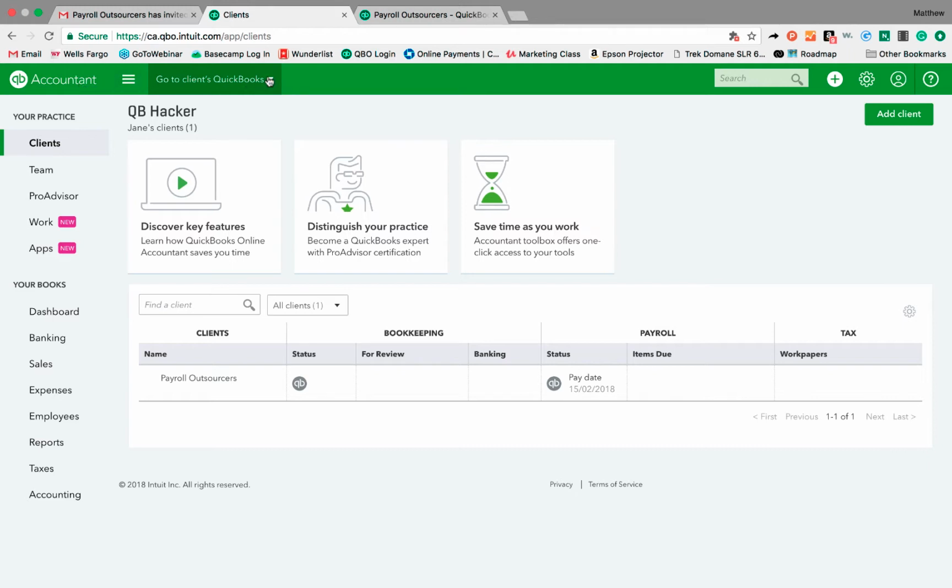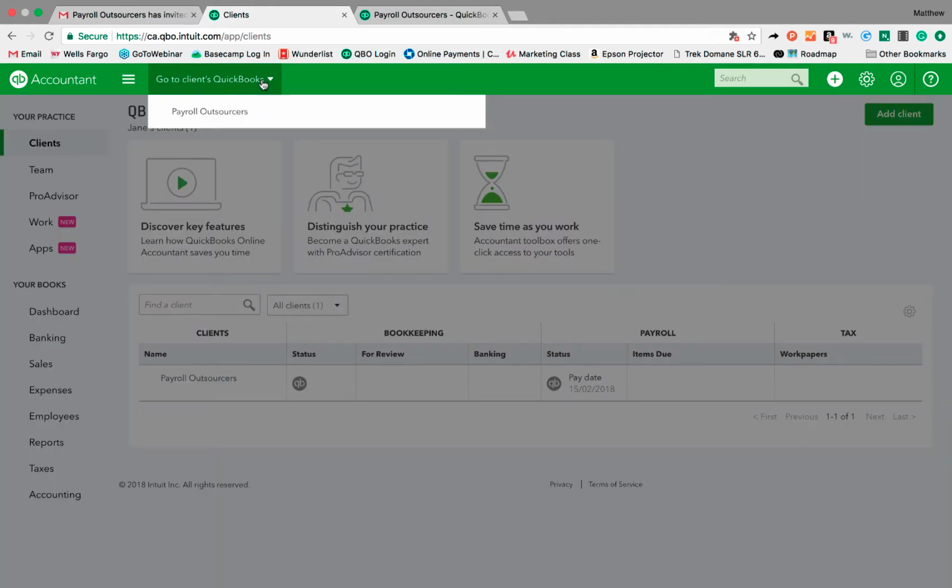Next, you'll see Go to Clients QuickBooks. This means if you'd like to navigate to another student's file, you can click this drop-down and you'll see a list of all of your students here. Click any of the students to go directly into their file. That will be the main way to